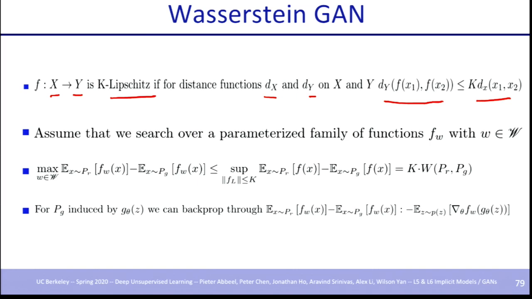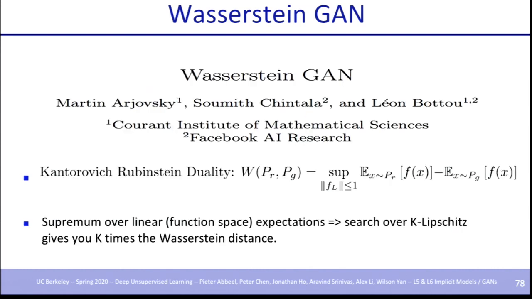So basically, you take a function, you have an input space, and any pair of points, you just map them to your output space. You want to ensure that the distance in the output space is at most k times the distance in your input space. This is a way to guarantee that your derivative, or the smoothness of your mapping, is ensured, and it's a measure of how smooth your mapping is. So that's basically the definition of Lipschitz.